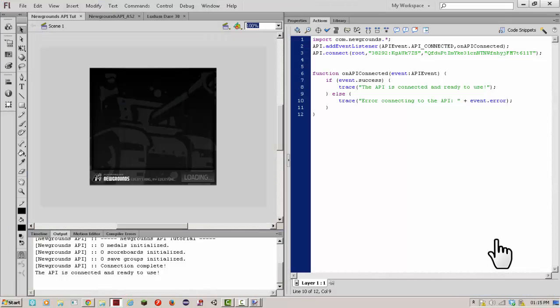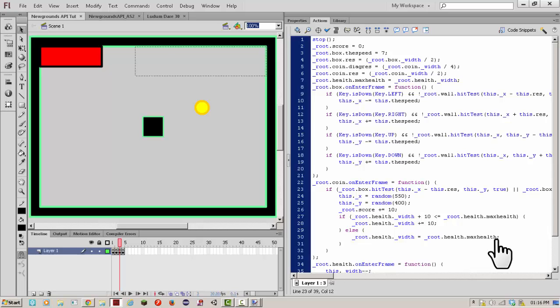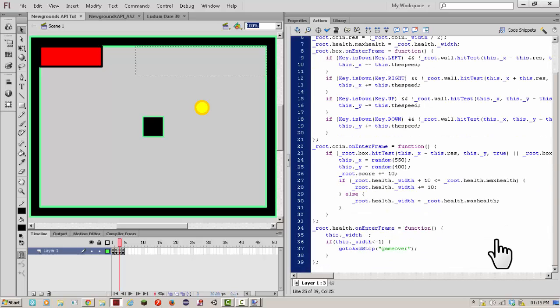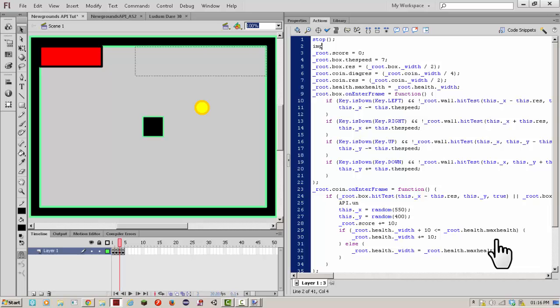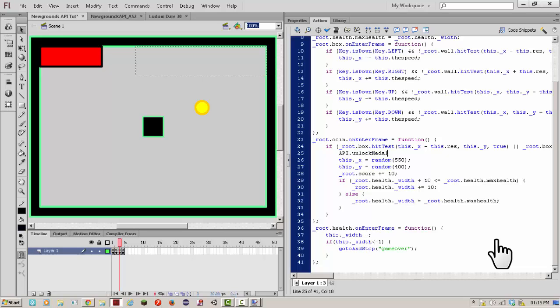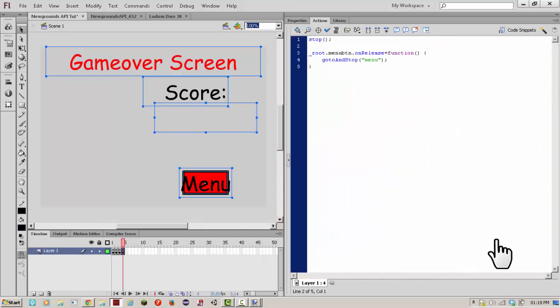So go back in the flash game, go to the game frame and say if this.random is equal. When you collect a coin, import com.newgrounds.* and then api.unlockMedal and the name of it, which is first coin. Then we say if root.score is more than or equal to 100, api.unlockMedal 100 coins. Now on the game over screen we'd say api.unlockMedal game over,